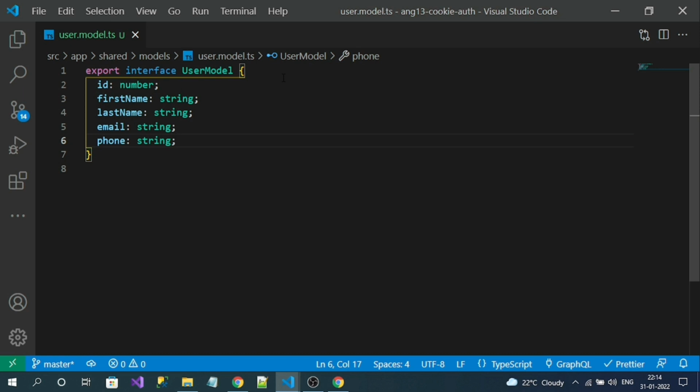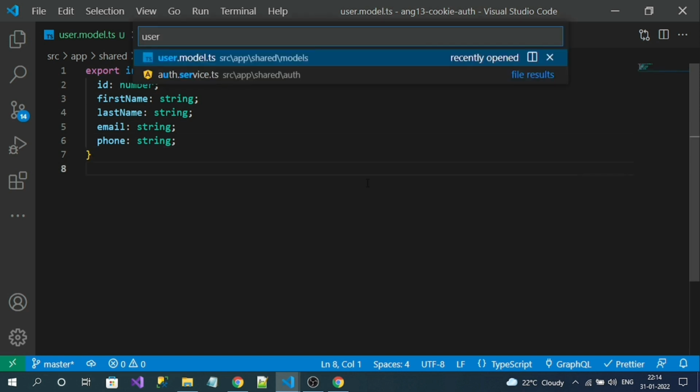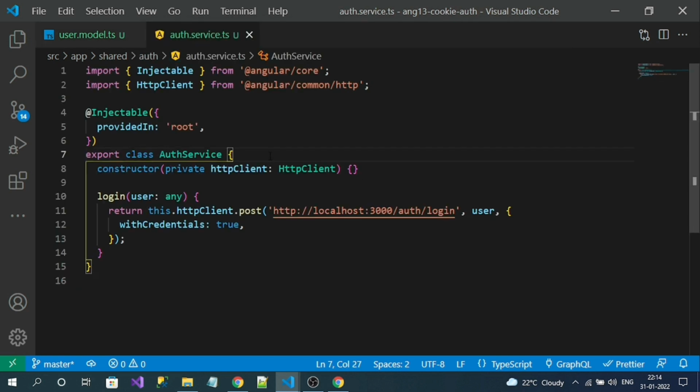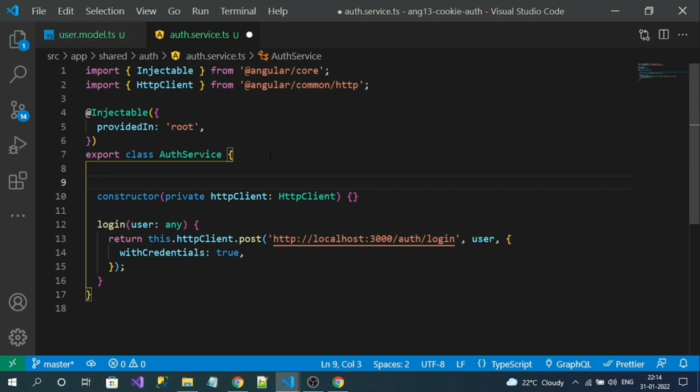Now let's create an API call in my auth service. Go to auth service. Here, I want to store these values in an observable, so that I can easily listen for the changes, or easily access the data from that observable in any component in my application. So for that, let me create an observable